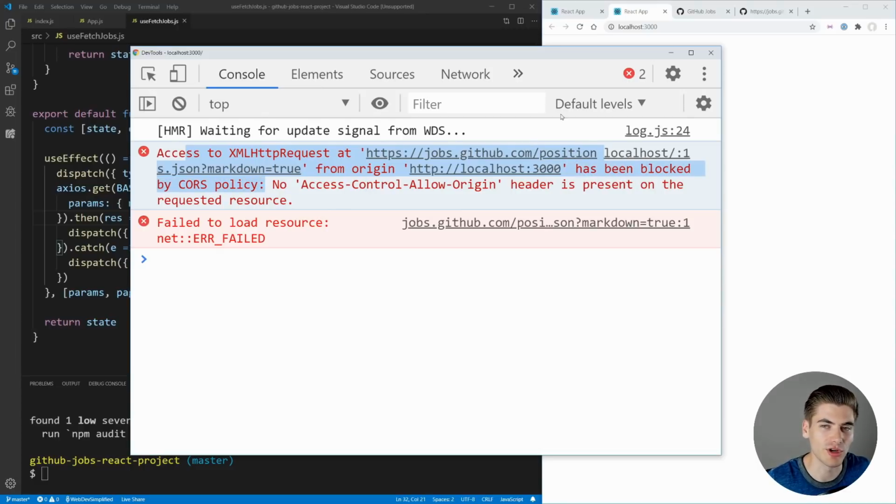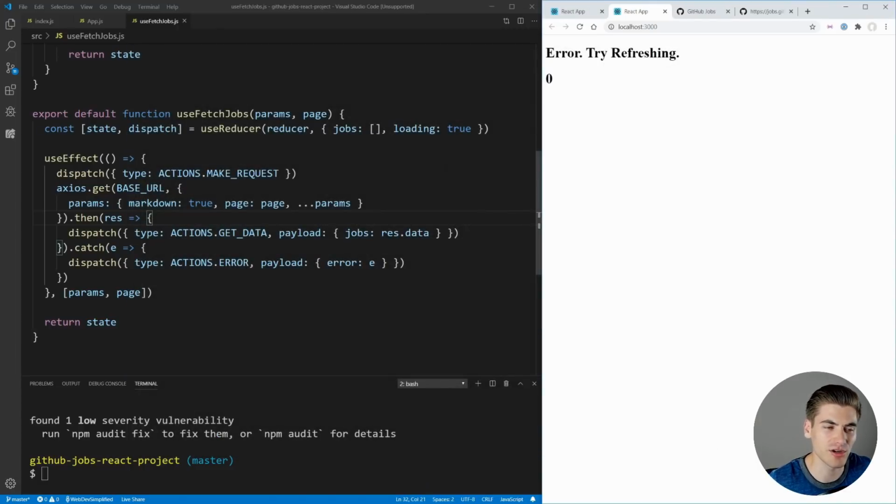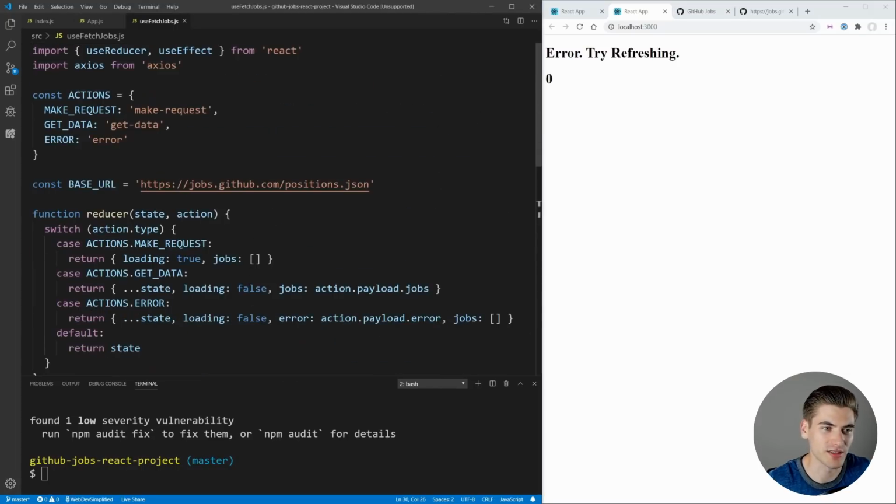So we're running into a CORS issue. And this is generally really annoying to get around because you need a server to act as a proxy in order to get around CORS. But luckily there's a service that we can use in development that someone posted up on Heroku. And it's this URL,